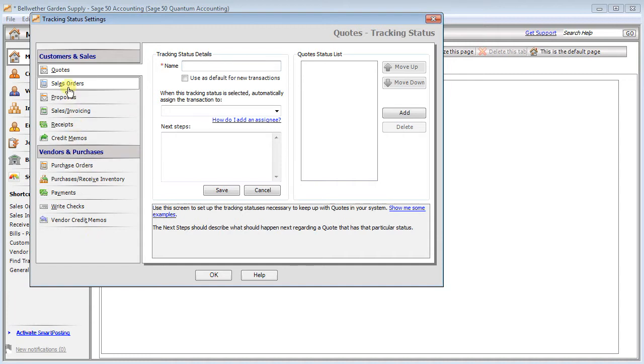So, for example, if we look at the sales orders here in the sample company, we've got 4 that were already set up. We've got to be filled, ready to ship, shipped, ready to invoice, and on hold. And if we wanted to add another one, we could just click the Add button over here, come up to the name, and maybe we want to add pending credit approval. Now, if we wanted this status to automatically be assigned to all new sales orders, we would check that